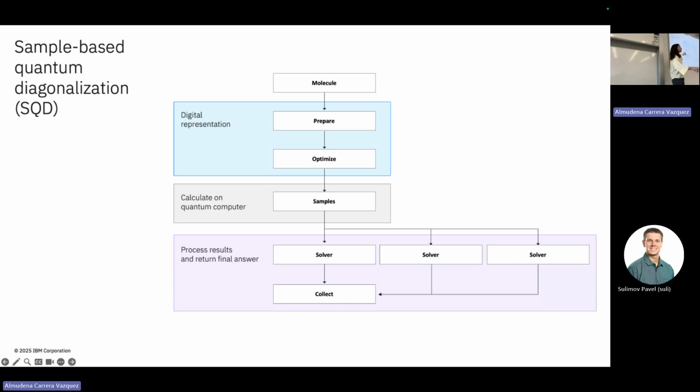Then you use the quantum computer to sample, and you will sample bit strings. And then again, you use your classical computer to build a matrix that is much smaller than the original one. If you diagonalize this matrix, then you obtain the solution. And then you can iterate over and over. So the cool thing is that now the classical computer cannot just be my laptop. For big problem sizes it usually needs to be HPC, high performance computers. And the quantum computer needs to communicate with that. So there is a lot of work in communicating quantum and high performance computers, and I think it started because of this new algorithm.